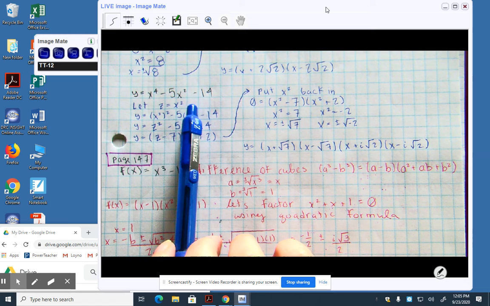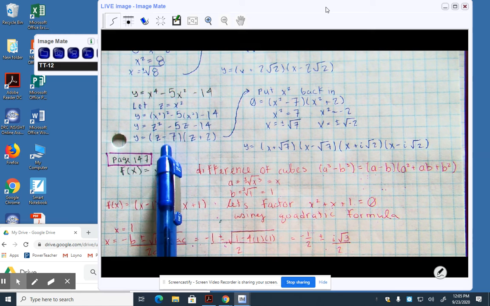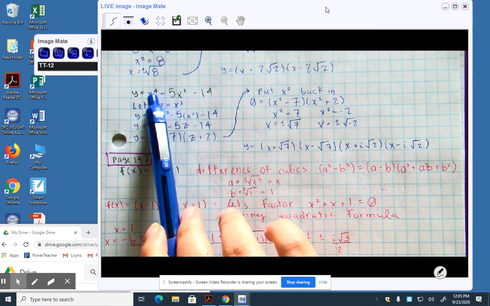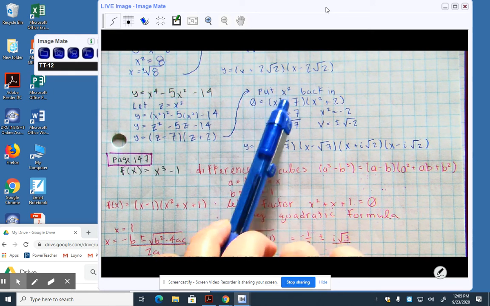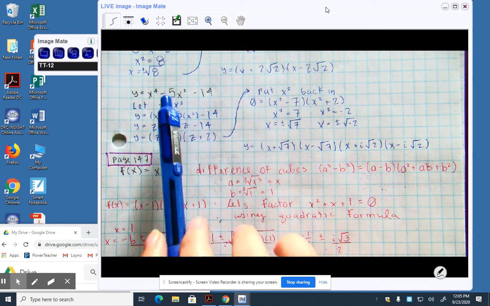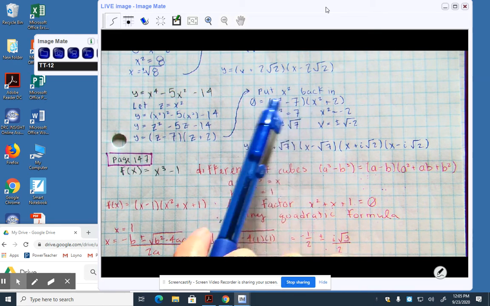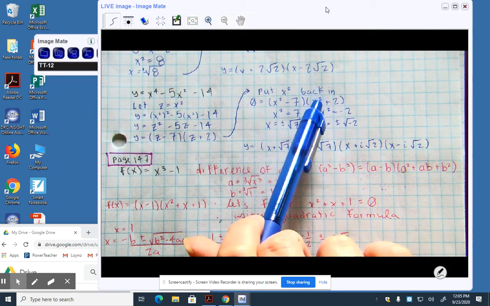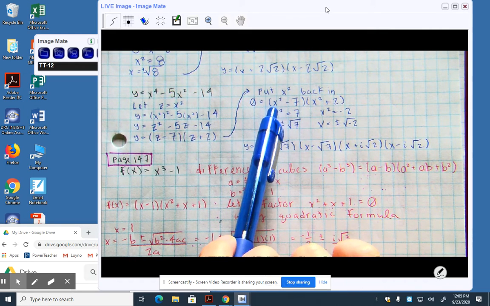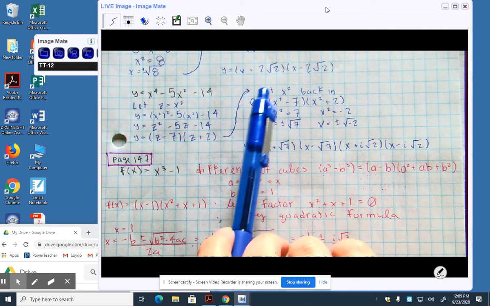But now I'm going to put back x squared in for my z. It's still two factors, but since it's a 4th degree polynomial, I know that these can be broken up into two more linear factors, so I'm not done here. So I've got x squared back in where my z's were, and what I'm going to do